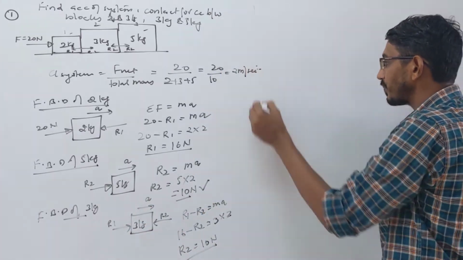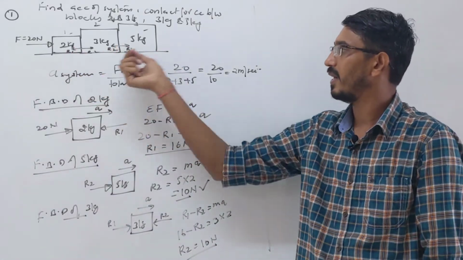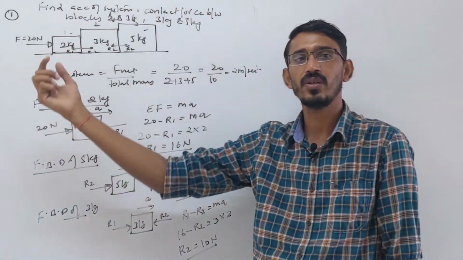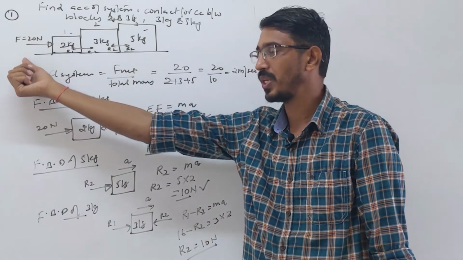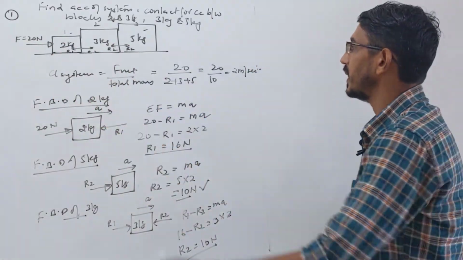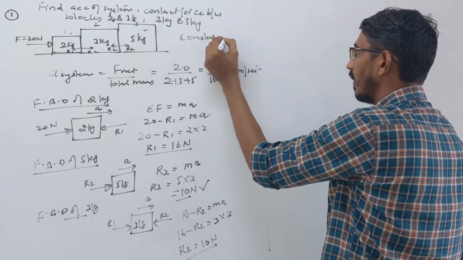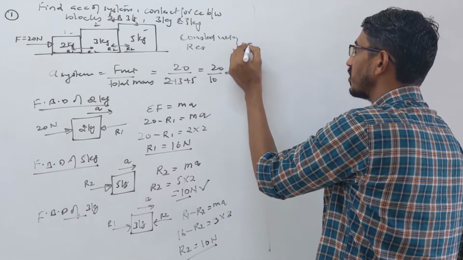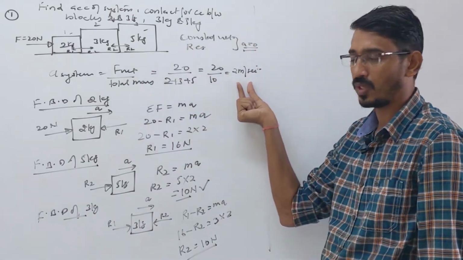Hope you understood this. Suppose they say in this question that this force is applied and this system is moving at constant velocity. The system is moving at what? Constant velocity. Or it is at rest only; even though we are applying force, suppose the system is not moving. So they say it is moving at constant velocity, or they say it is at rest only. It means the acceleration of the system will be 0.